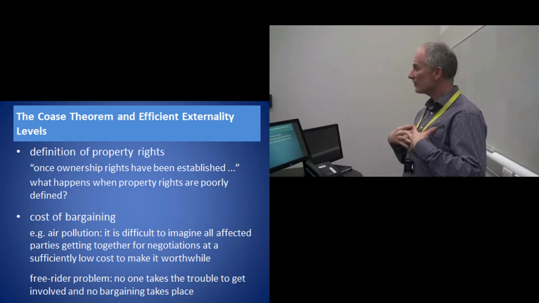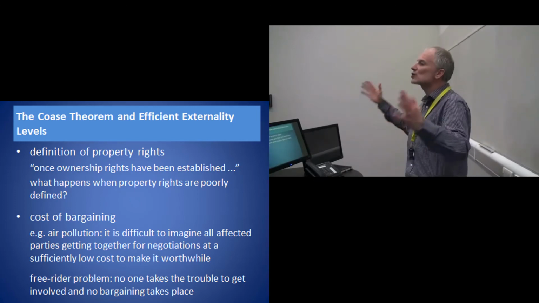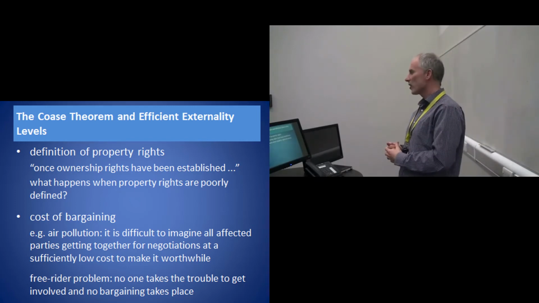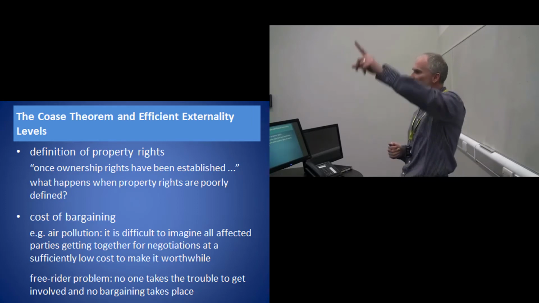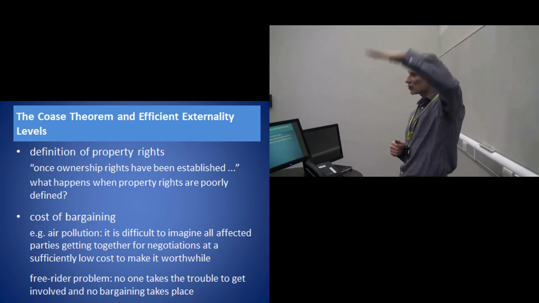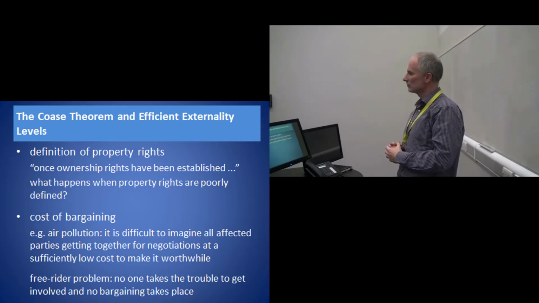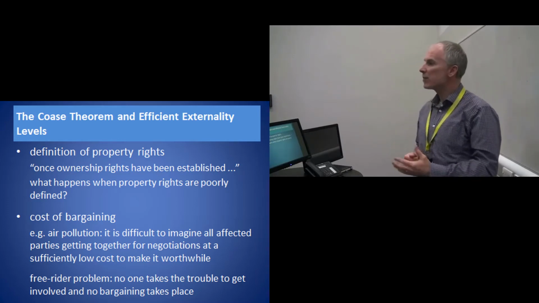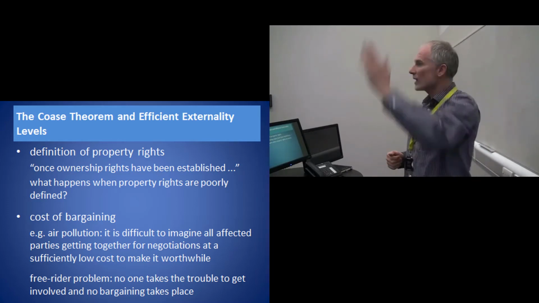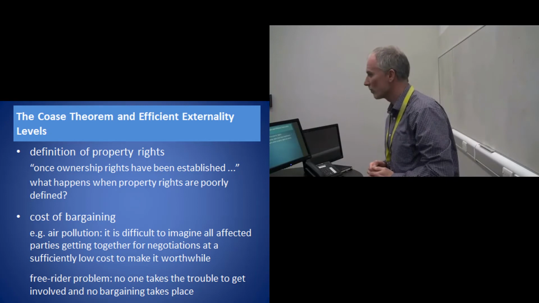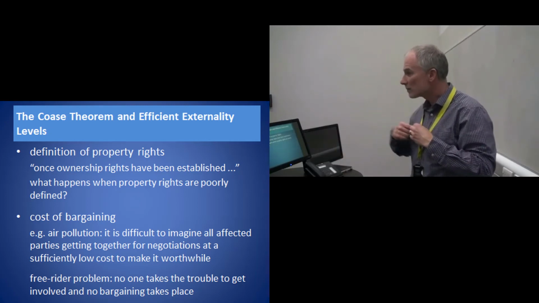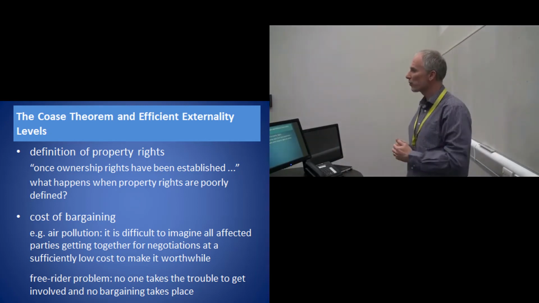So if I believe that I've got the right to as much sunlight on my garden as I could possibly have, well, I'm not going to pay my neighbour to chop his trees down. And in the same way, if my neighbour believes he can grow his trees as high as he wants, he's not going to pay me to cast shadow on my garden.